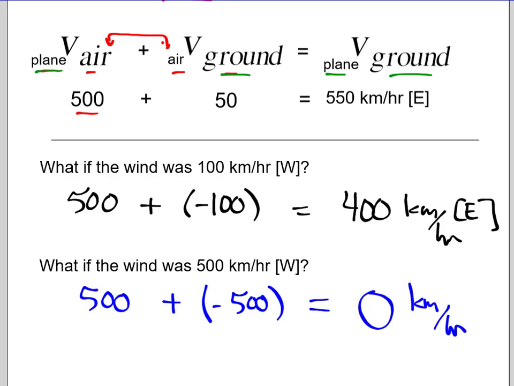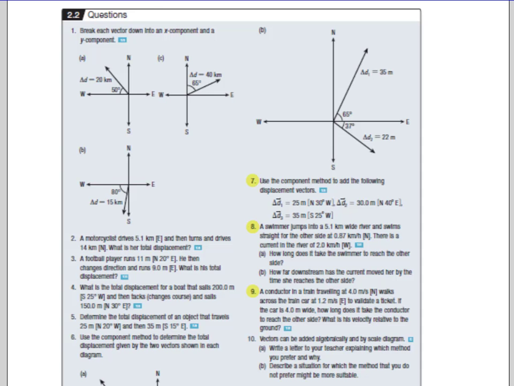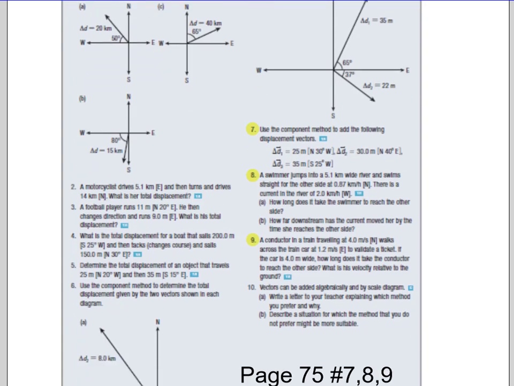So we would have to fire our jets in that 500 kilometer an hour wind just to stay in one spot. If we slowed down or dropped our jets down to 400, we'd actually travel backwards. The wind would blow us away. Pretty wild, eh? All right, so on page 789, you'll find a couple of fun problems to try